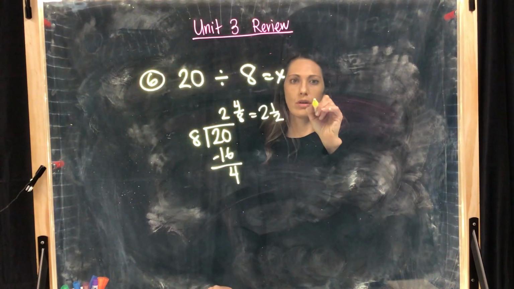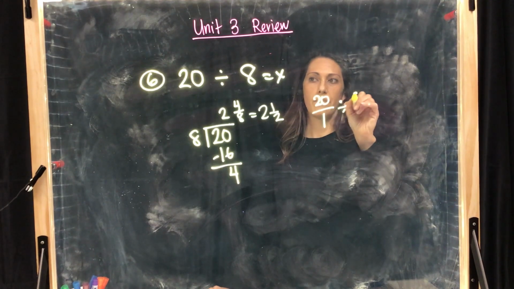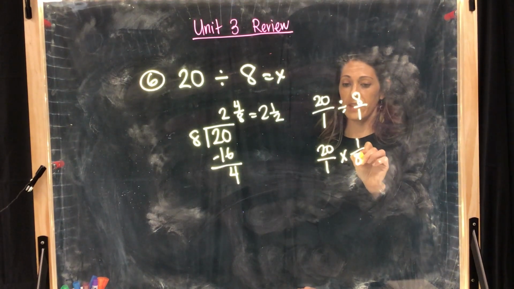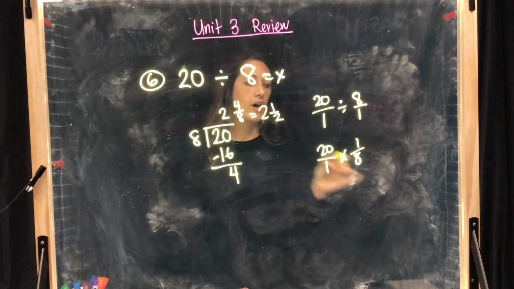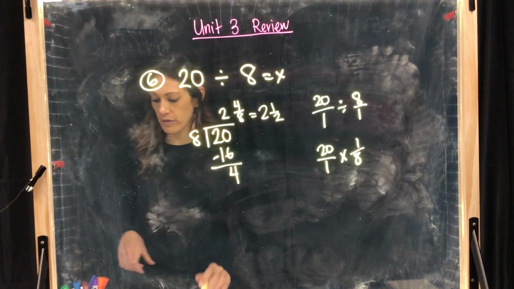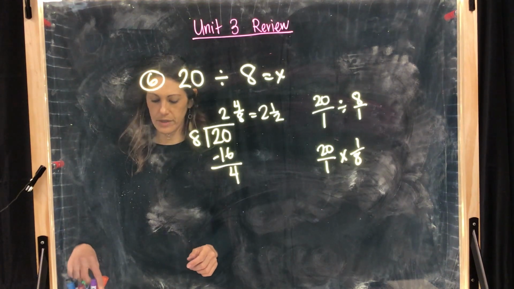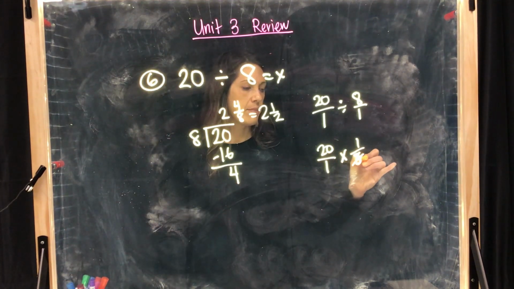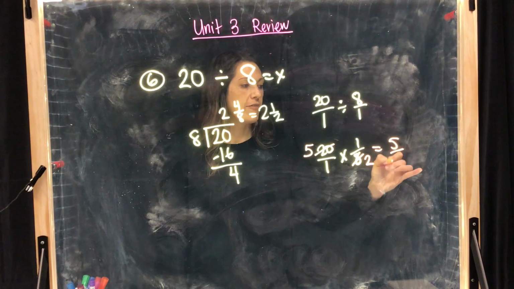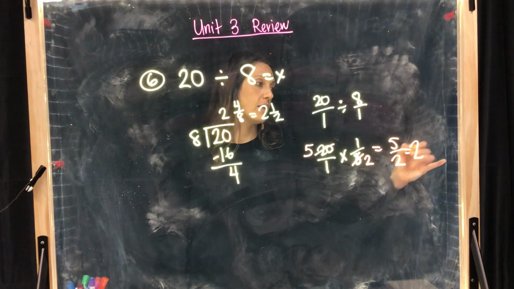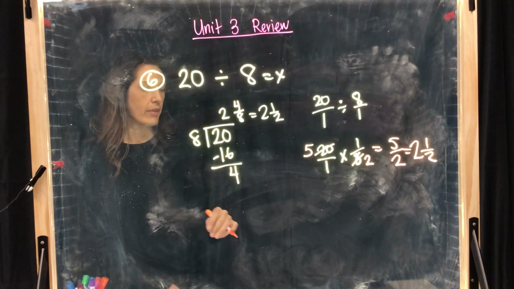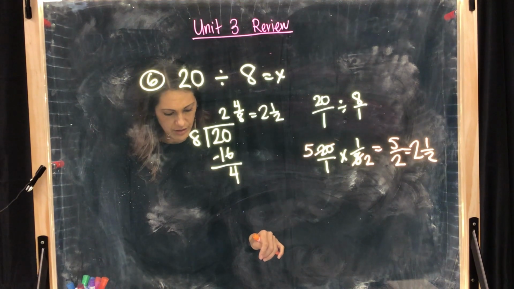I could also go 20 over 1 divided by 8 over 1 and use keep, change, flip. And I see that I have a number that is divisible by both these terms, 20 and 8. I can actually divide both of those by 4. So let me do that. 8 divided by 4 is 2, and 20 divided by 4 is 5. So now I have 5 over 2, and that actually equals 2.5, okay? So you can do it with fractions, or you can do it with division. And then when you explain your answer,